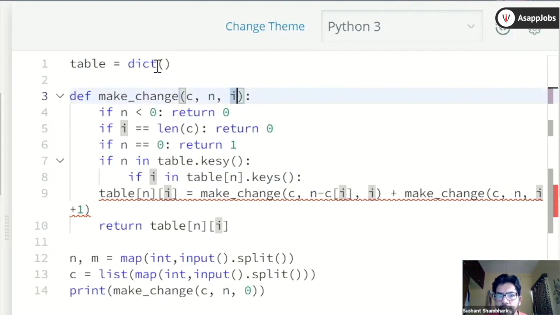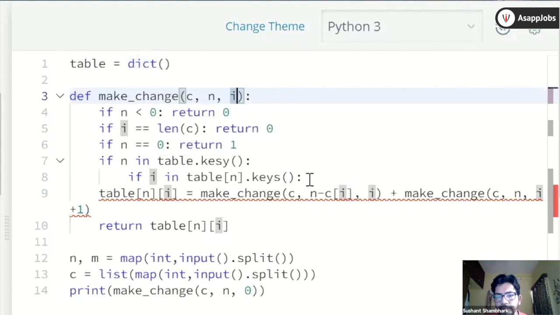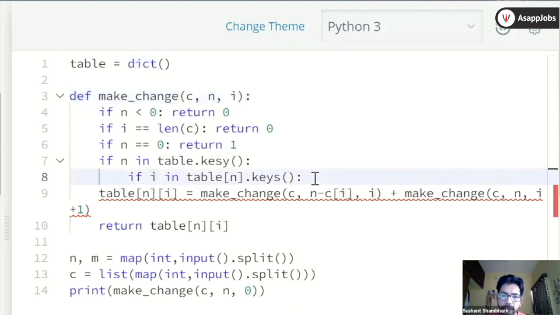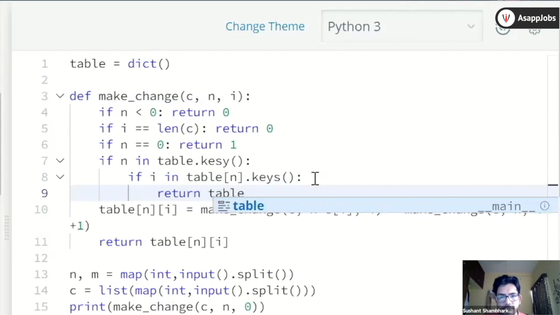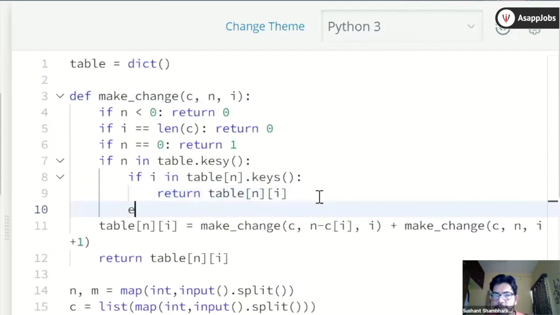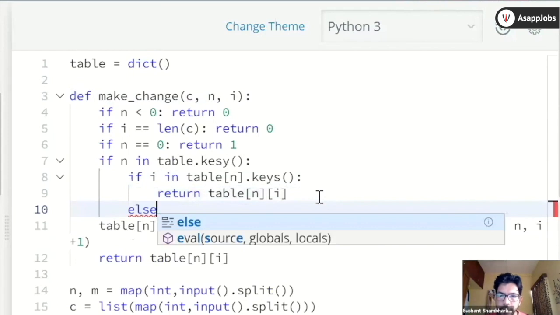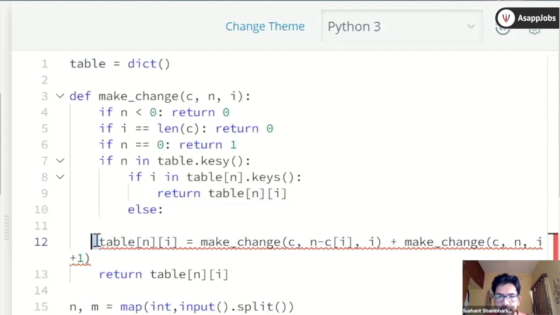So we are going to make a double dimensional dictionary. So it will be like hash inside a hash or map inside a map. So if both the keys exist, then you will return table n i.